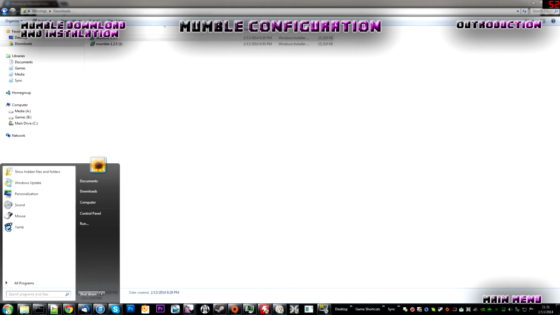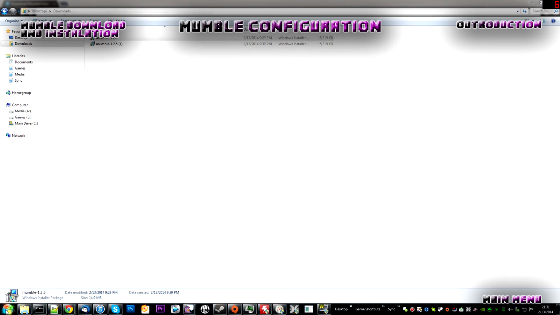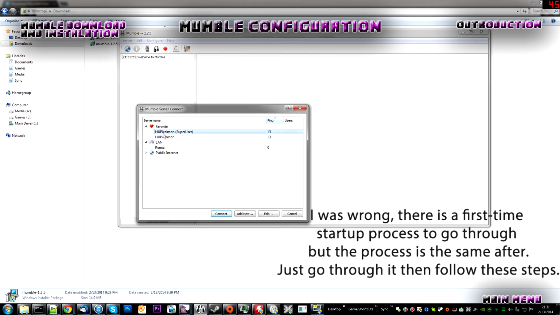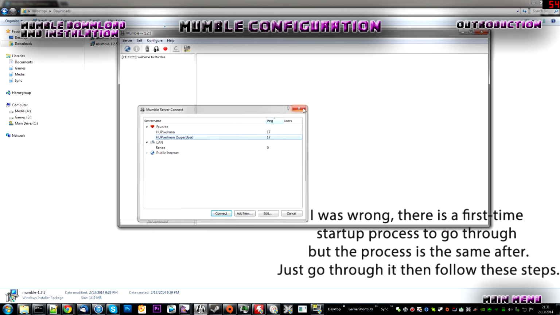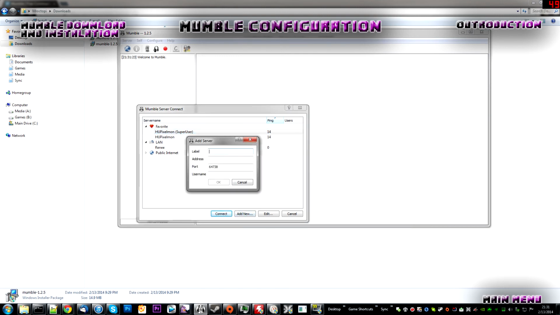Whenever it installs, then you're going to go down here, or wherever you have your shortcut, Mumble, and then you go to Mumble. Now, I already have these set up, but you're not going to have any favorites here. It's going to take a little bit of time, and it's going to go through some things. But once you have this, then it might even bring you to this. So for server, just hit connect, and then you're going to want to add new. At this point, you'll want to set your label as whatever your name is. So I'll just do Bob the Builder again. Then under address, you'll do